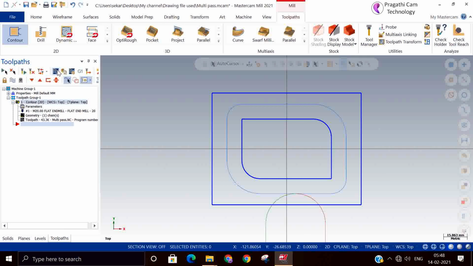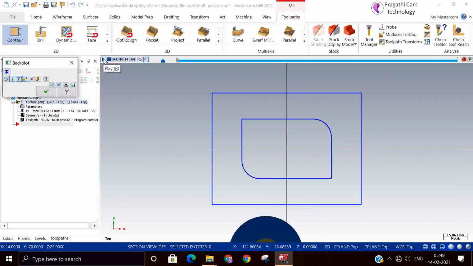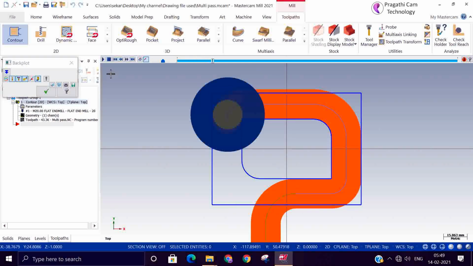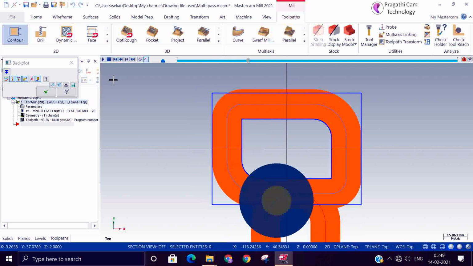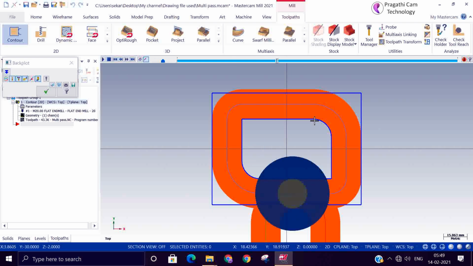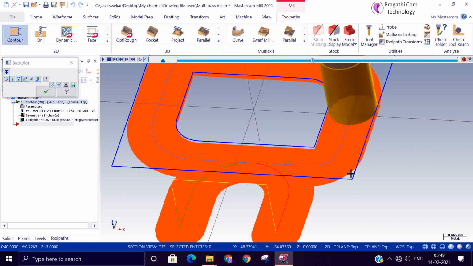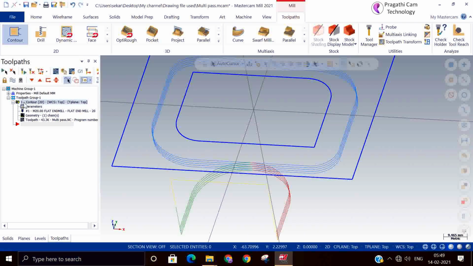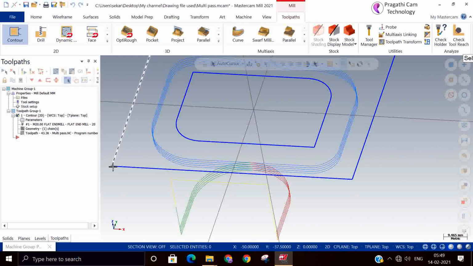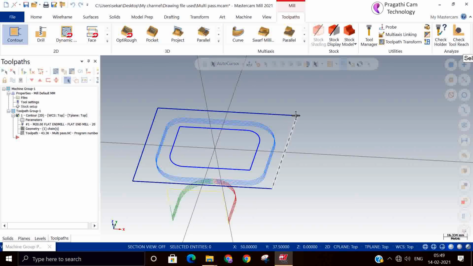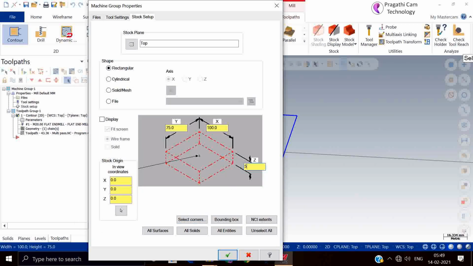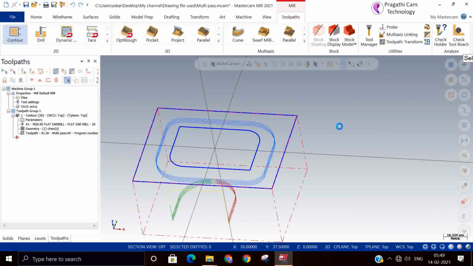Now you can see here, if you simulate and see, so it leaves the material on all four corners. So all four corners it leaves the material. So we will put a stock setup to see the entire simulation. Thickness also you can give. Okay, accept, display on. Now we can run it,